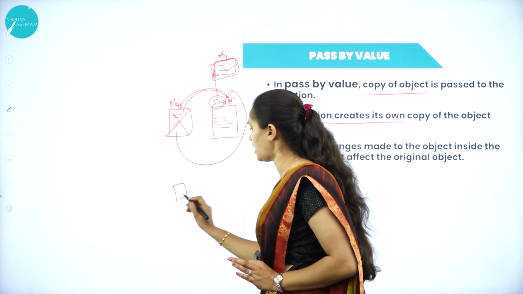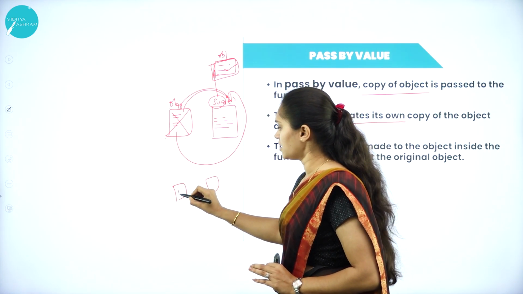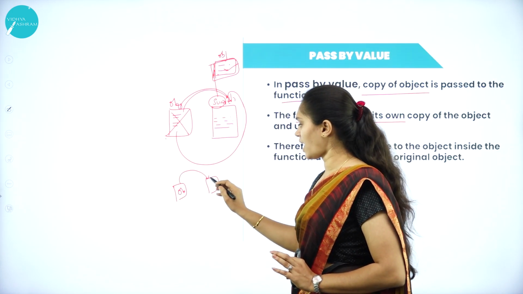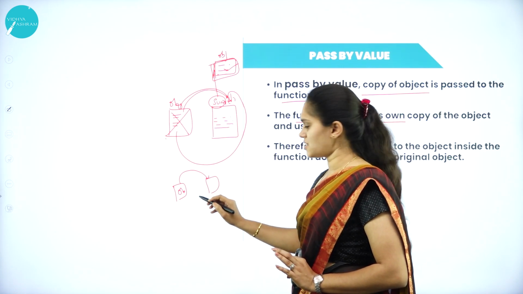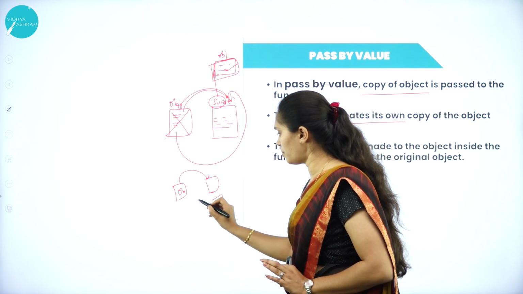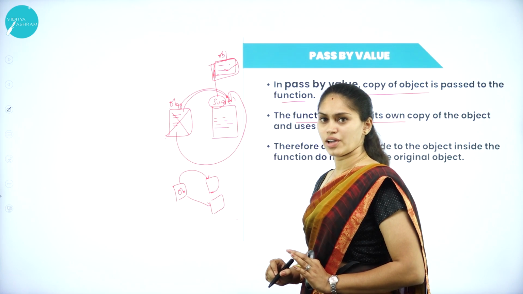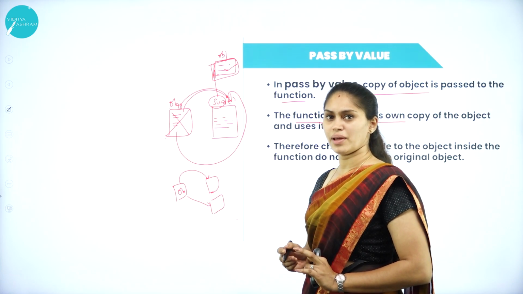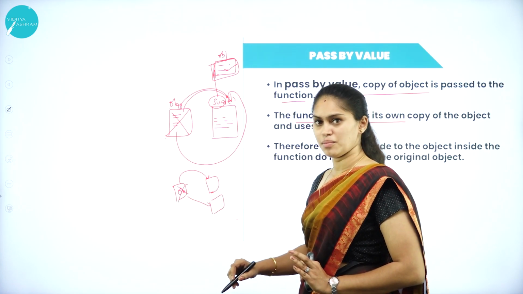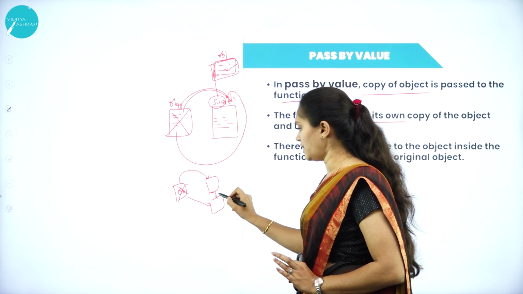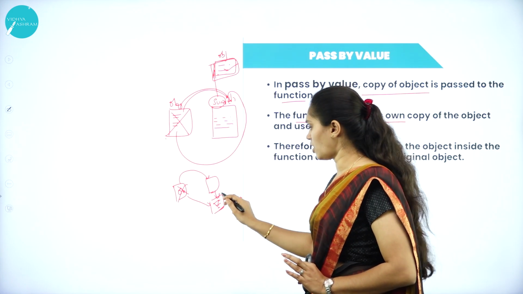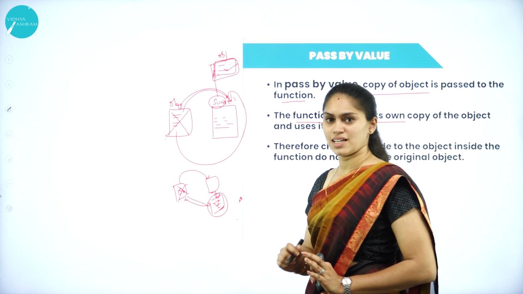So there is one object and a function. I can send this object as an argument to this function. When I am sending this object as an argument or parameter, at this time the function will create one replica or a copy of the object. Okay, at that time when it is performing some operation using this object, it won't affect the original object because it has a copy. So in this copy it will perform the operation. Any changes made to this object won't affect the original object.